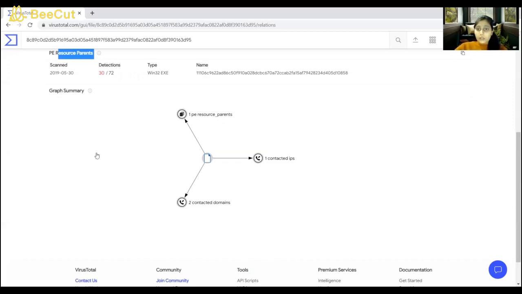So let's see what it is. The overview graph summary for the network pickup file shows that there is one portable executable resource parent, one contacted IP, and two contacted domains.